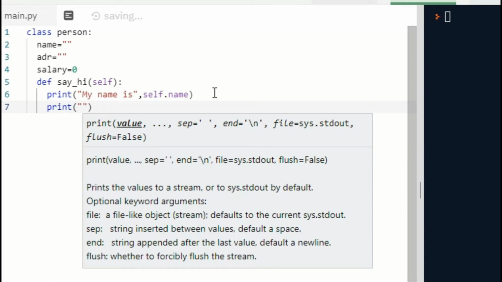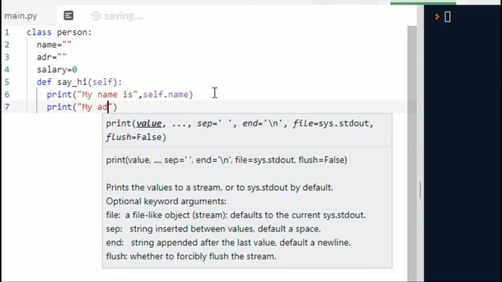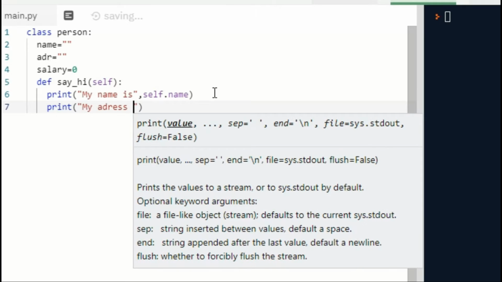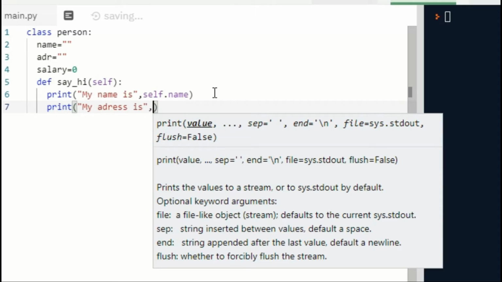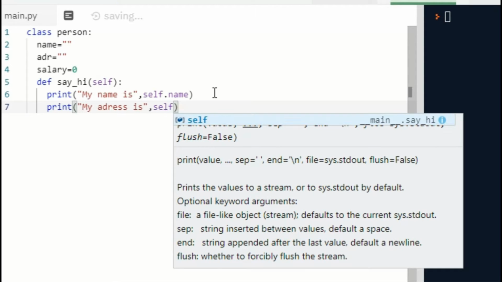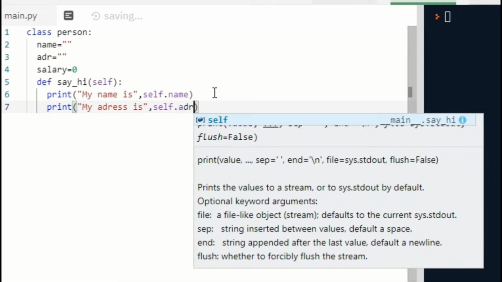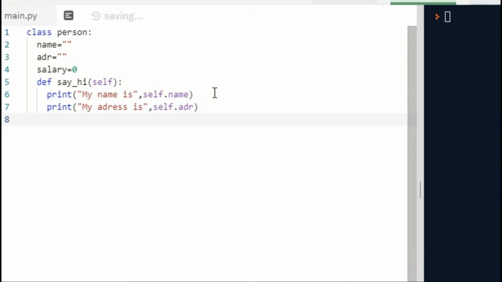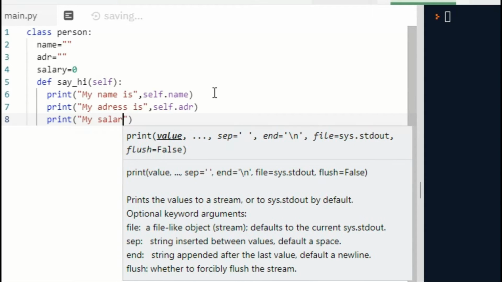At the time of calling, it will have the appropriate value. As with name, we will display the address. My address is, the value is stored inside the address variable, accessed using self.address. Similarly, we will display salary, print my salary.